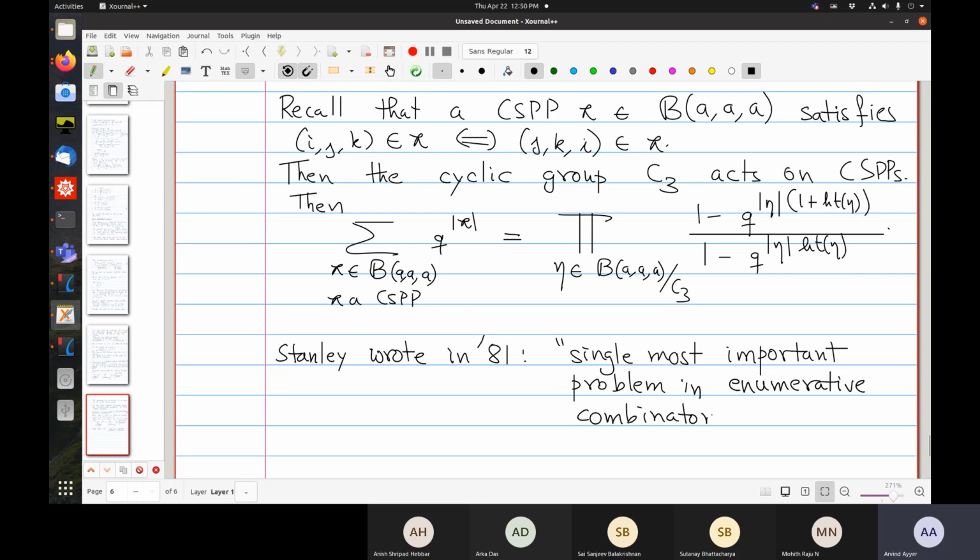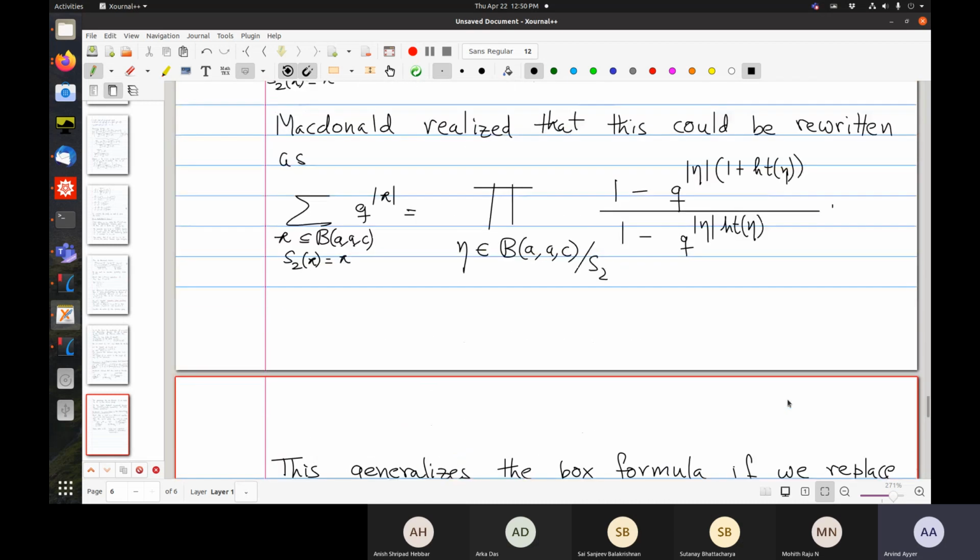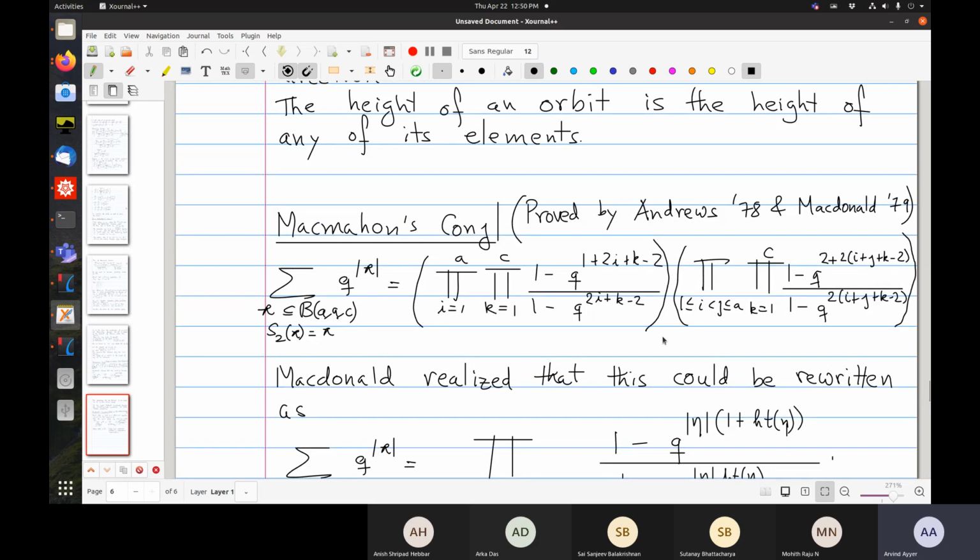I mean, several people had tried quite hard to prove it, and already this McMahon's conjecture was a big leap, because the tricks that McMahon could use for proving the box formula just did not work. I mean, you really needed, there was a change. You really needed more sophisticated machinery to get to it, either using hypergeometric series theory or symmetric function theory.